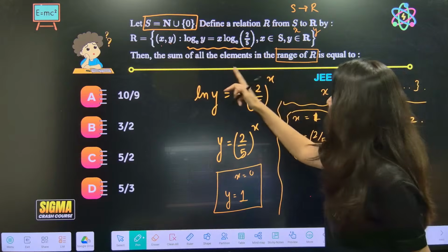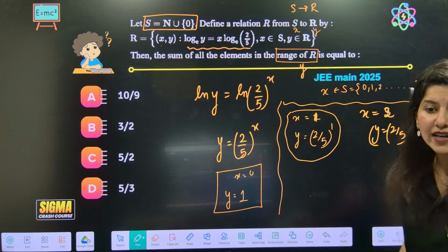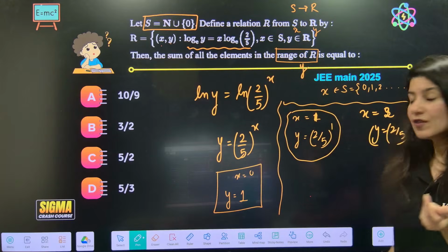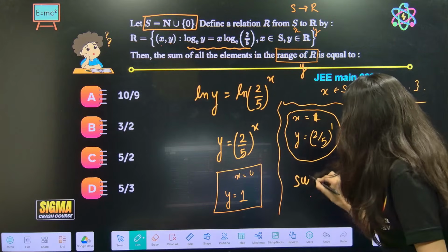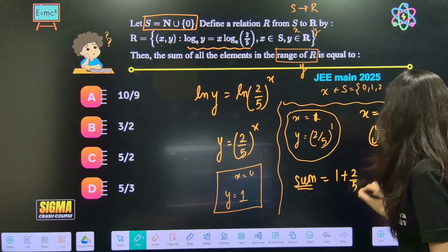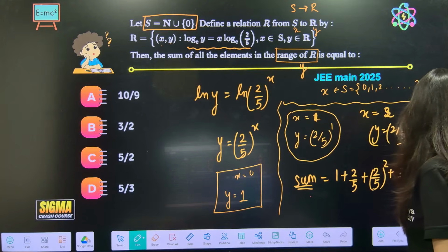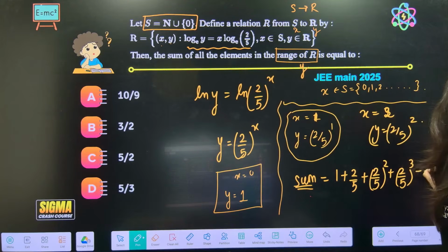Sum of all the elements in the range of y. Range of R is y. That means sum of all the values of y. So sum of all the values of y will be equal to what? 1 plus 2 by 5 plus 2 by 5 whole square plus 2 by 5 whole cube and all the